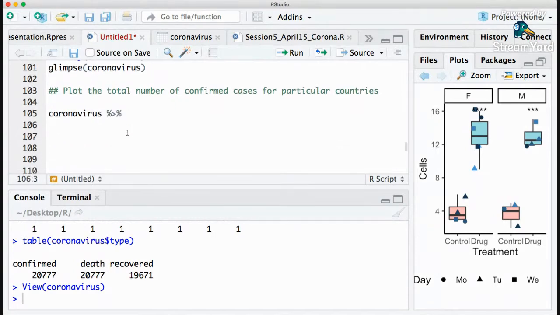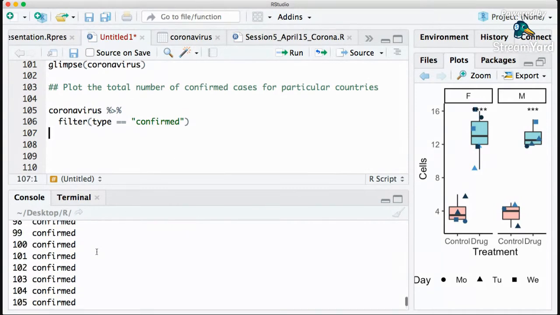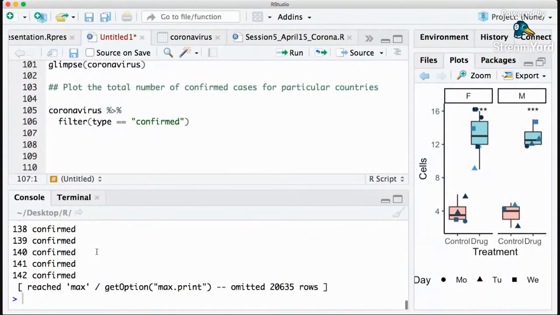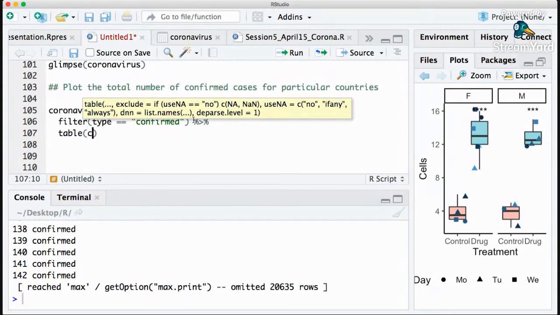So we say filter, right? Filter, only keep type which is confirmed. Remove everything else. We are only interested in the confirmed cases, so we only filter that. Once we do that, we will get our whole data set back. But this time, if we make a table on type,